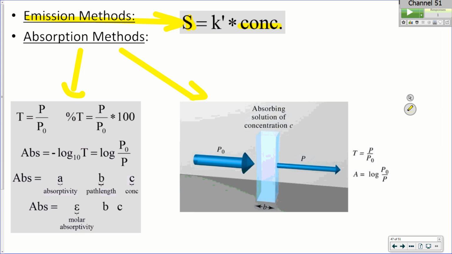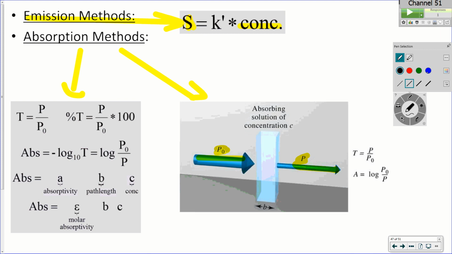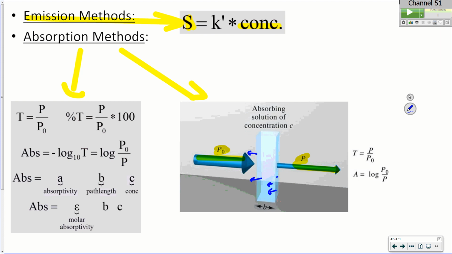Now what we do is we're going to transmit a beam of light through our sample, and we have to know how much light's actually making it through the sample itself versus how much is being captured. Due to reflection, some of the light, every time it hits one of these interfaces, is going to be reflected back. Every time it runs into an interface with a different refractive index, some of the light's going to be reflected back. So not all of the P naught that's coming in is going to be transmitted through.